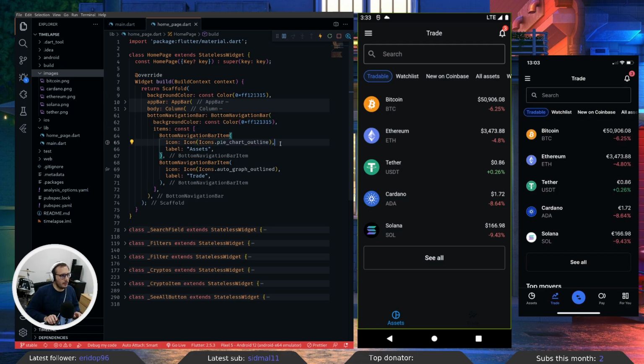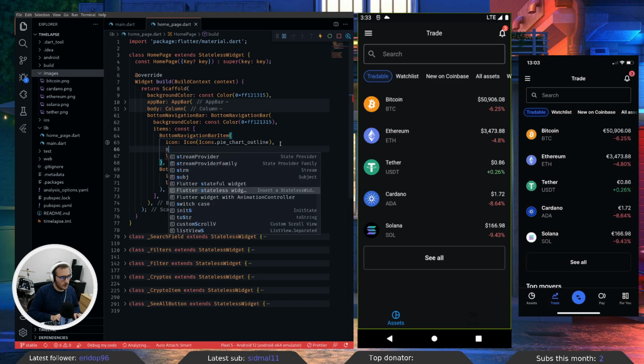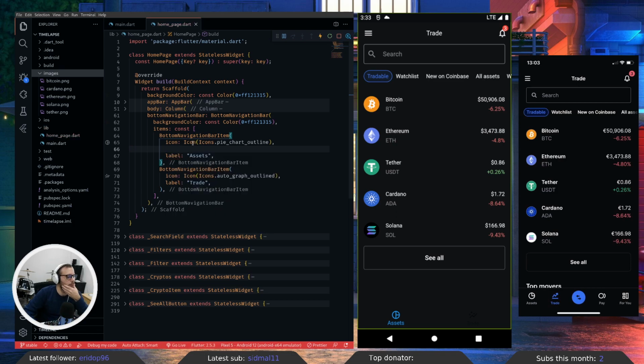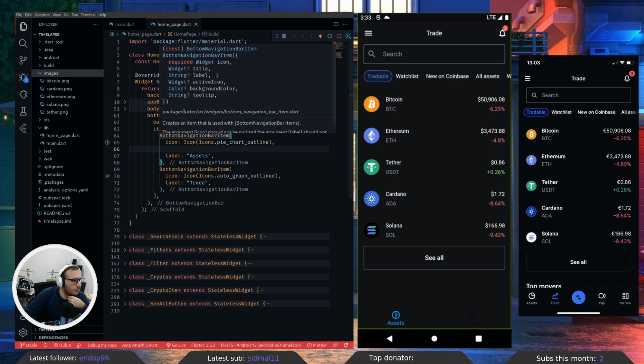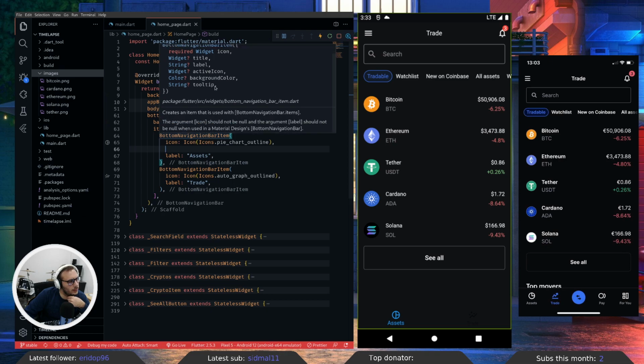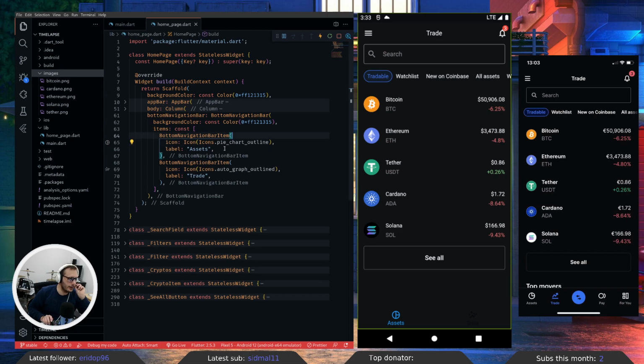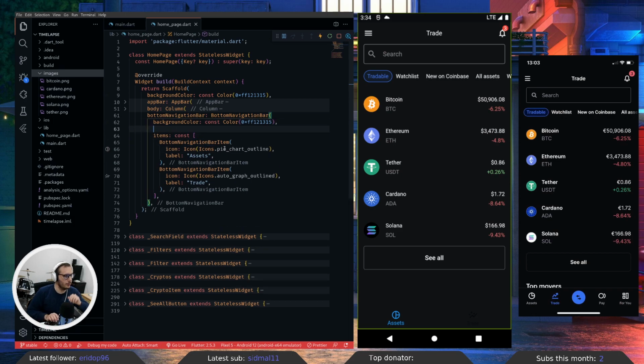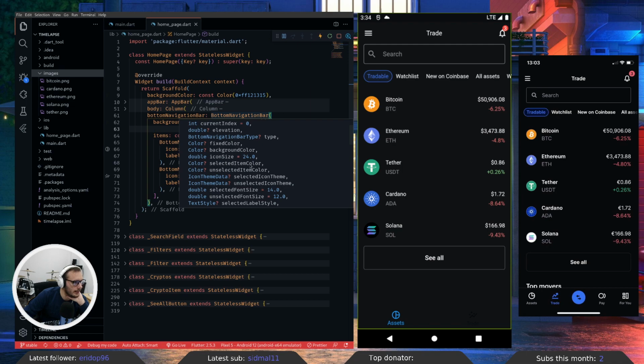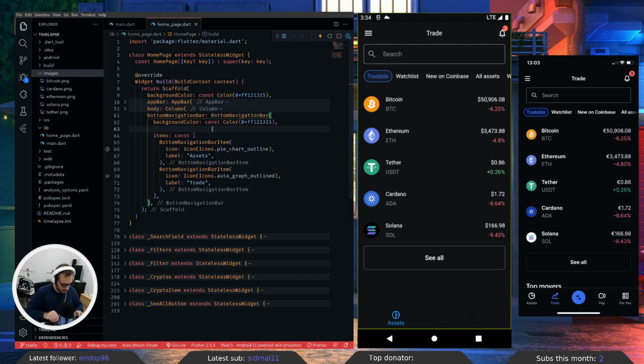And then we need selected. I can't remember the properties of this, because I mostly code my navigation bars from scratch, so I don't really remember where the properties are. Let's see. Selected item color. Okay. So selected item color,